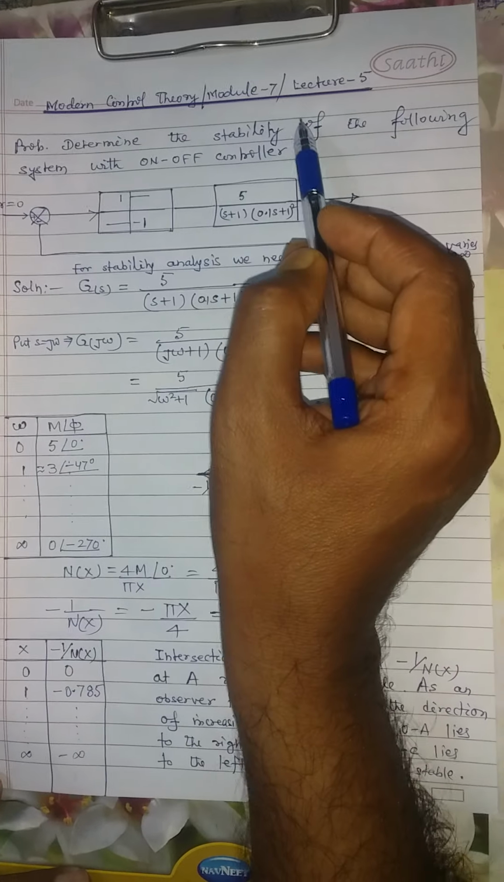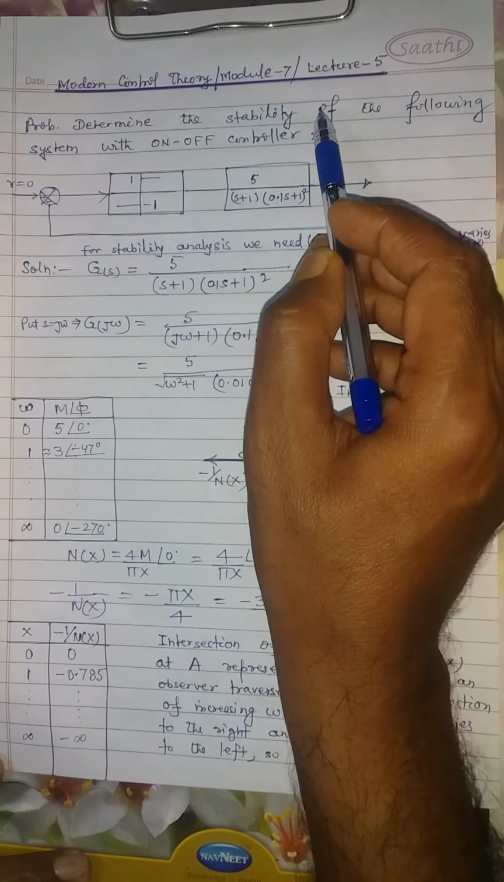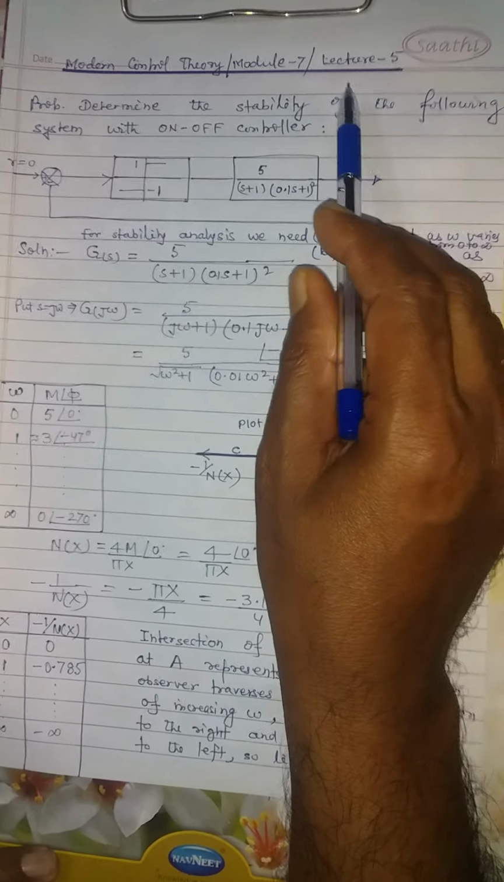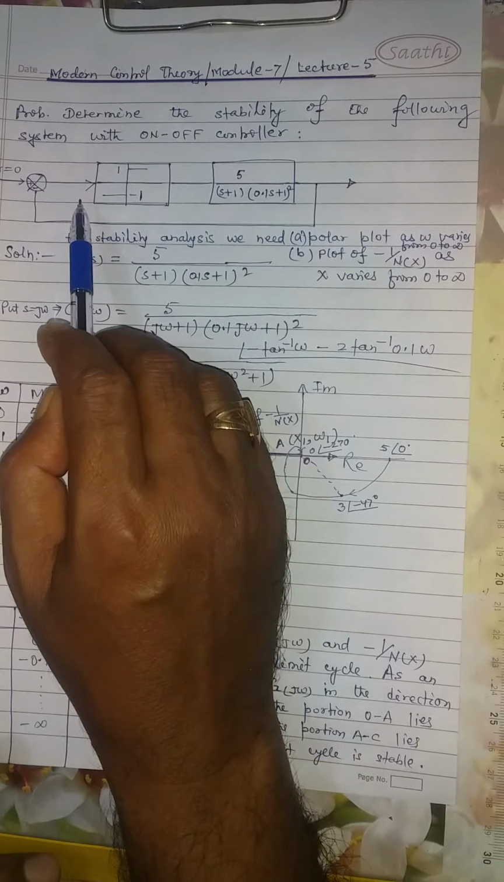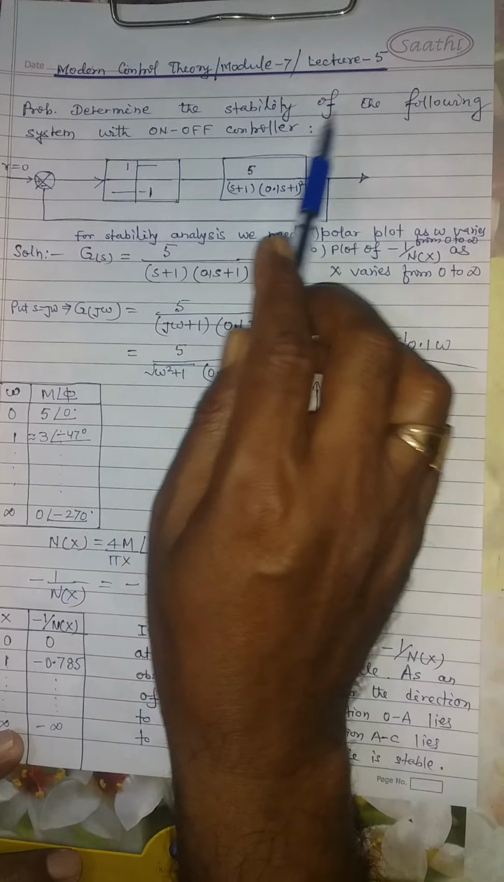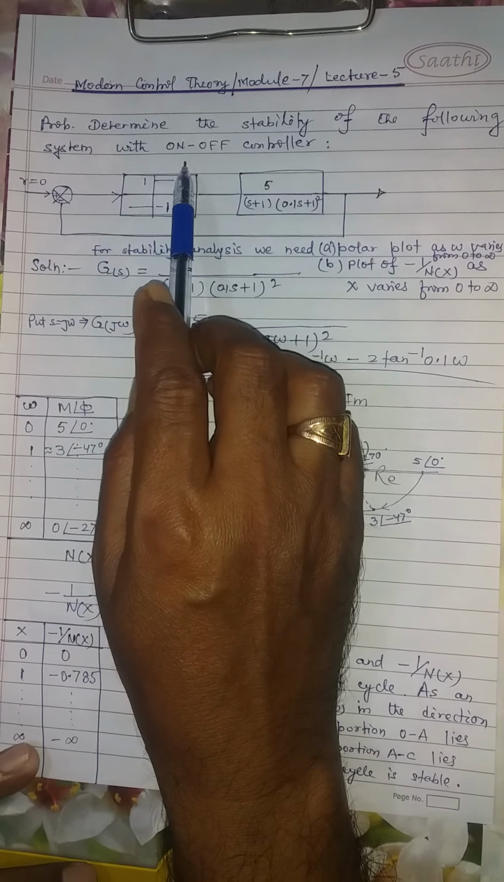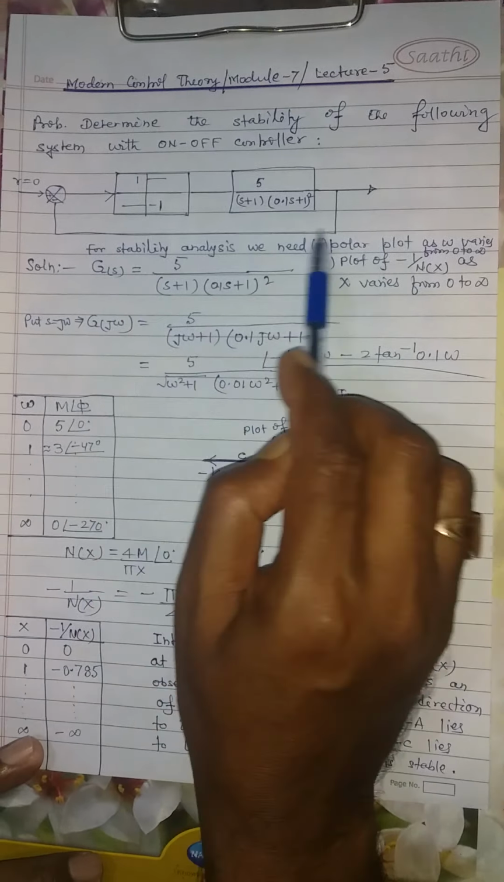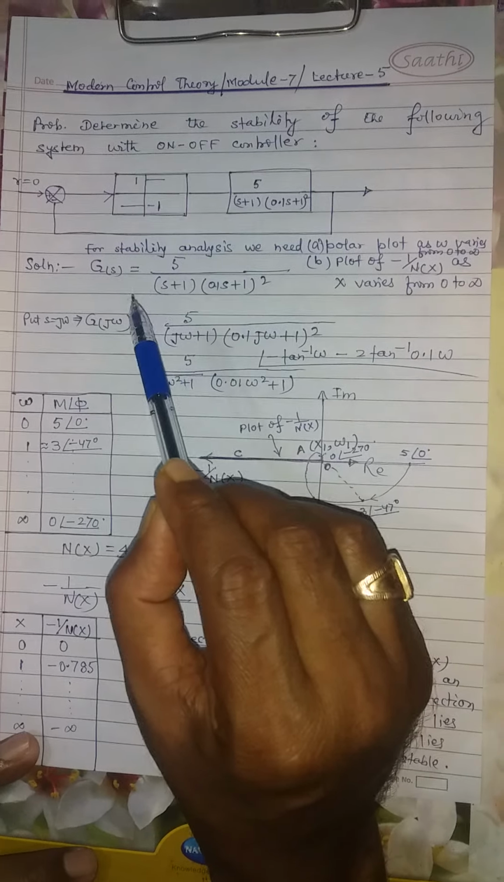Yes, then we are going to examine the stability of nonlinear system. This is lecture 5, and the problem in hand is to determine the stability of the following system with on-off controller. The on-off controller is this one, and the plant function is this one, and we have to determine the stability